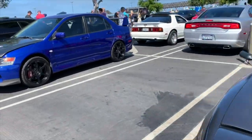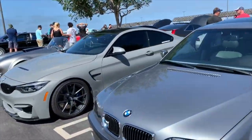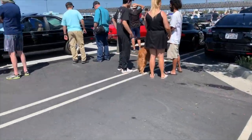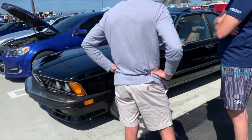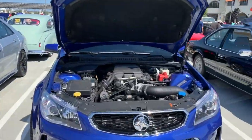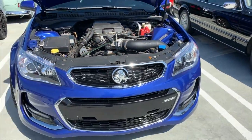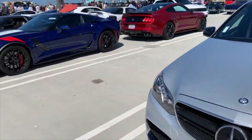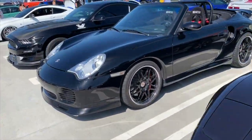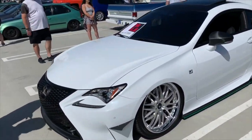Miata, Evo, Challenger, BMW, M4, nice colour, grey, slight fleck of it. Cobra replica, BMW, Chevy SS running a Holden badge in the front, supercharger on the top of that too. So guessing that's probably an LSA supercharger on that. AMG, C7 Corvette, NSX, Porsche, Mustang, nice carbon fibre hood on that thing, Lexus,